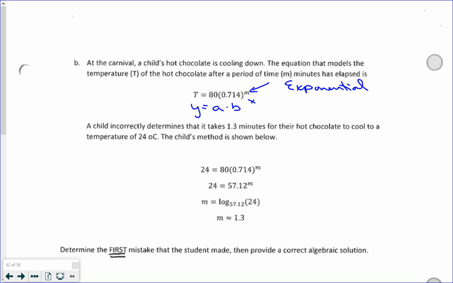A child incorrectly determines that it takes 1.3 minutes for their hot chocolate to cool to a temperature of 24 degrees Celsius. The child's method is shown below. So they put 24 in for T, 80 times 0.714 to the m. Okay? And then they did a bunch of stuff. So what I suggest you do is, now that you know that you're an exponential, and now that you know that you're solving an equation,